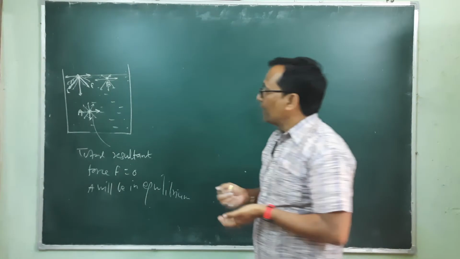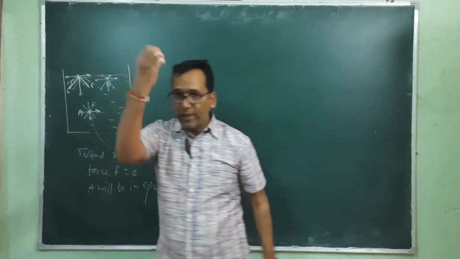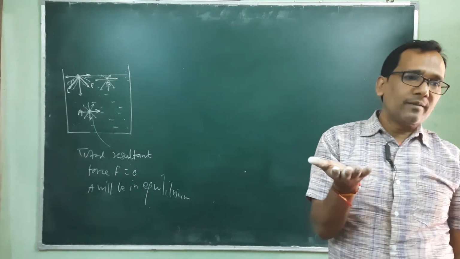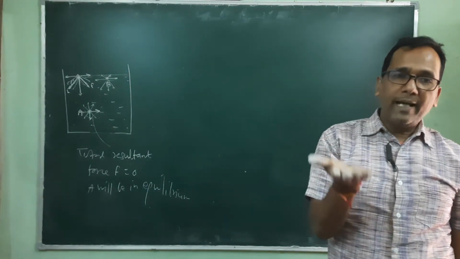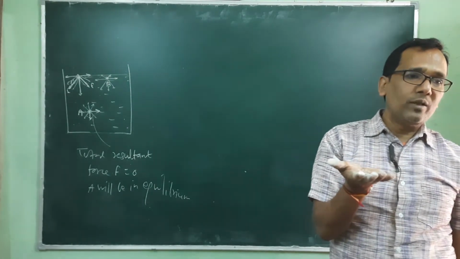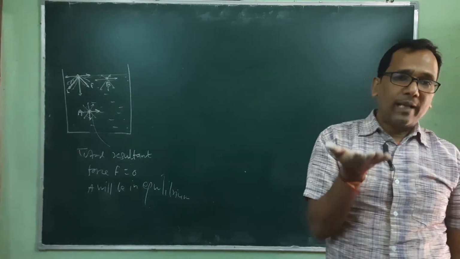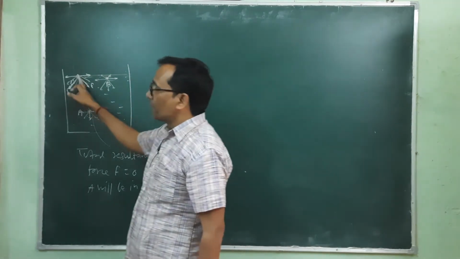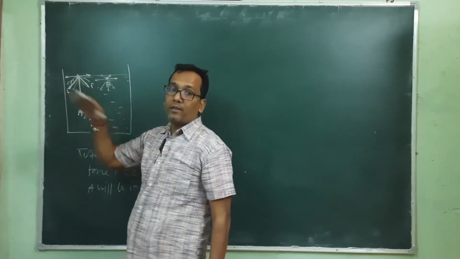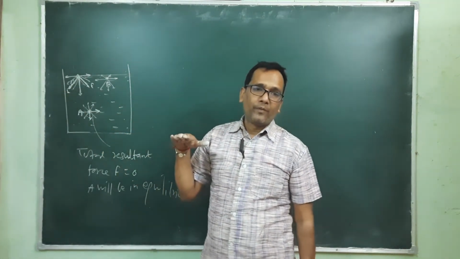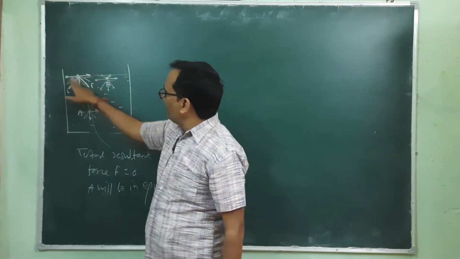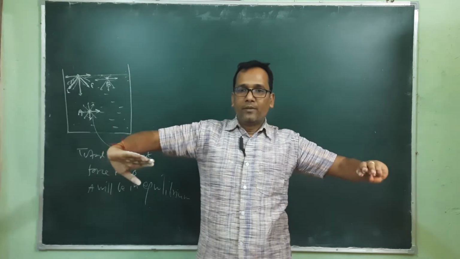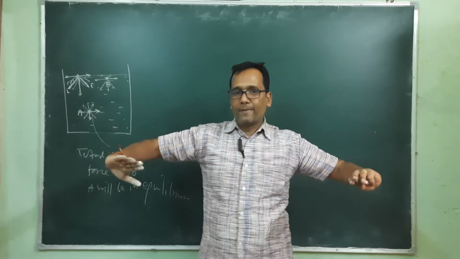So if this atom is not going inside the liquid, it is on the surface. So obviously there is a need of energy to balance this force, and that energy is known as surface energy. That surface energy, in the form of potential energy, is stored on these molecules to keep them on the surface of the liquid. So that's why this particular surface is in a tensed form. Surface tension on the surface.